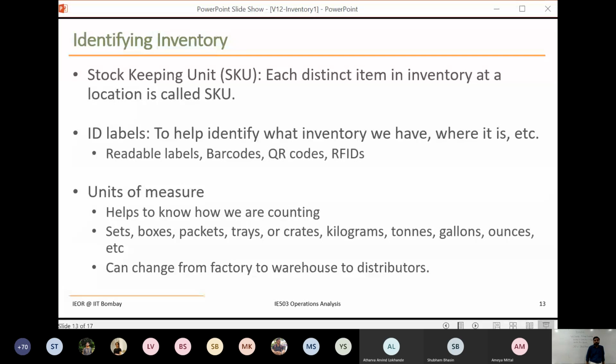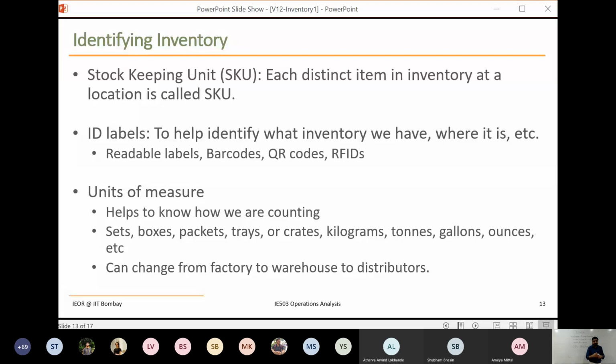Third one is unit of measure. We need to know how we are actually doing the counting. As I told, when you go to a shop and ask for say 2 Fruity, probably you're referring to 2 small Tetra Paks. But the retailer, when he orders from the distributor, when he says 2 Fruity, he may mean 2 cases of Fruity. But at the production level, when they say 2 lots of Fruity, they are not looking at just 2 boxes of Fruity. They are looking at 2 lots. 1 lot could be 1,000 units. So we need to know exactly what unit of measure people are using there and how they are referring to the products.